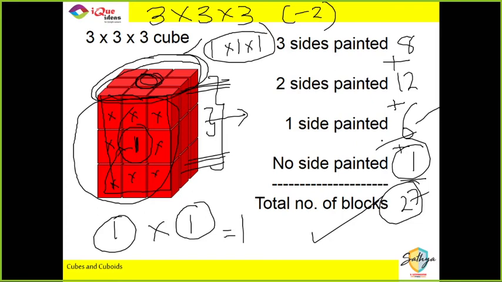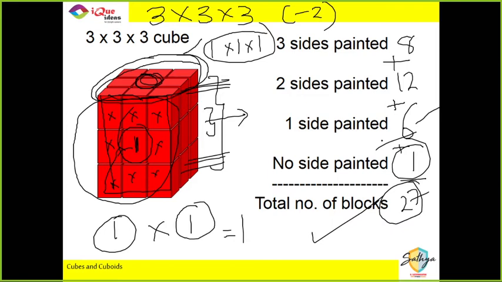If it's a 3 by 3 by 3 cube, subtract 2 from everything. So you get 1, 1, 1, and 1 ones are 1. The answer is one piece will have zero sides painted. This is a shortcut. This works for every single size of cube and cuboid. And if the answer is less than 1, then you have to mark 0 as the answer. If it comes out negative, mark 0.